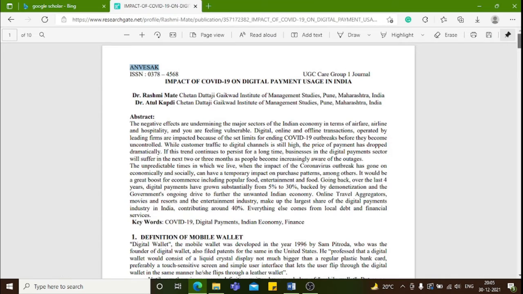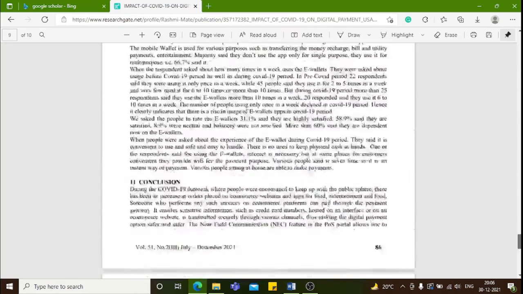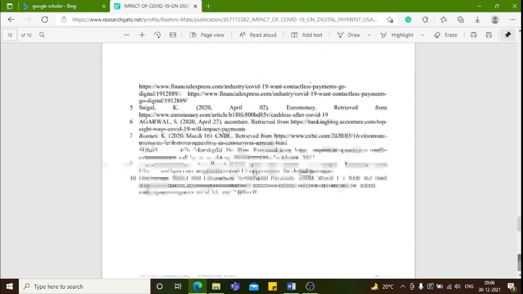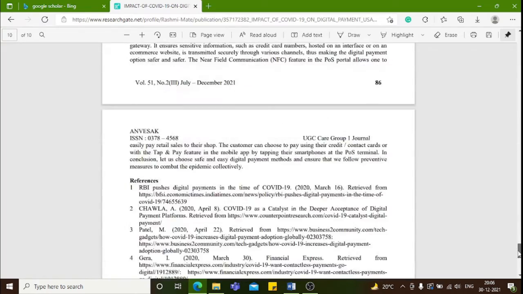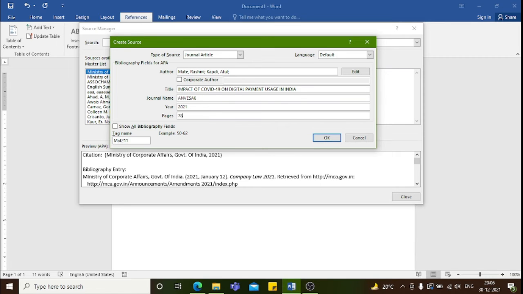So come here and refer to the article, and here at the bottom of the page numbers are given. So the article is starting from page number 78 of the journal, and it is completed on page number 87. So we need to write 78-87.